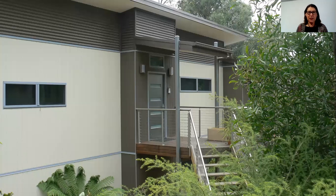I've got an upstairs living area, and also the entry is also upstairs, as you can see. I wanted to maximise my feeling of being up in the treetops for my home. We've got low maintenance colour bond at the top part of the cladding, and we've also got fibre cement sheet board right throughout the house because I'm in a bushfire prone area. So I had to use fibre cement sheet, was what was available at that particular point in time, 15 years